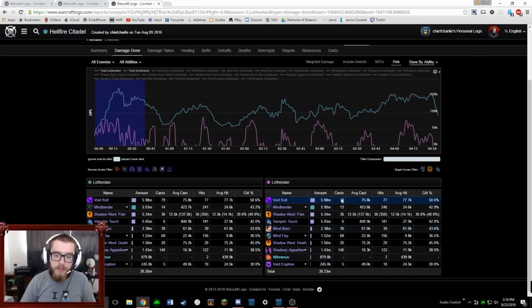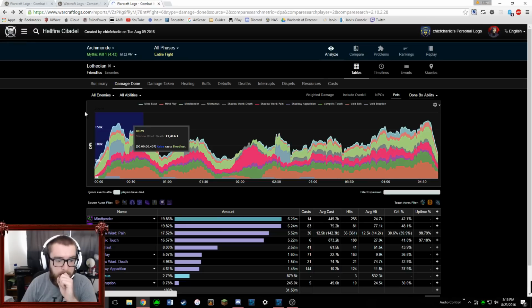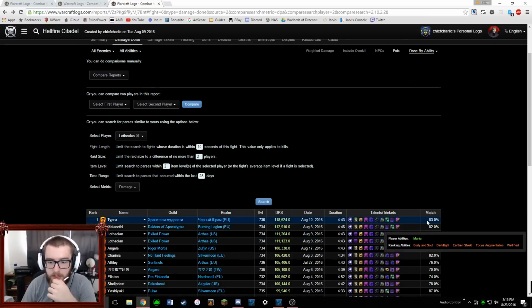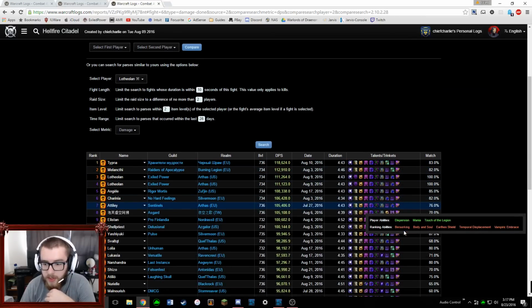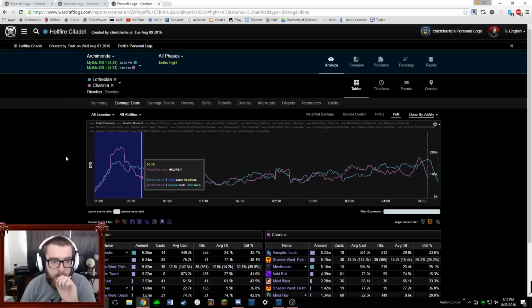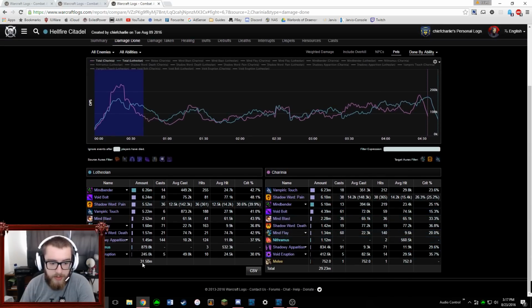But if, for instance, I go back to the comparison and take another parse where they used the same trinket setup that I did, let's take this guy, for example. On this pull, I actually did better than this person. I had 31 million damage and they only had 29 million. So if we look at the differences here, I cast...